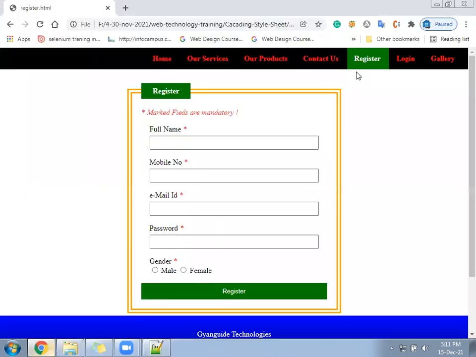Okay, let's go next. So look like this. Now create a login page as per your understanding. You can take help from the register file. You can take help from the contact file and do something similar in the login file. Create a login.html. You can take the copy of register and keep only email and password, remove other things.